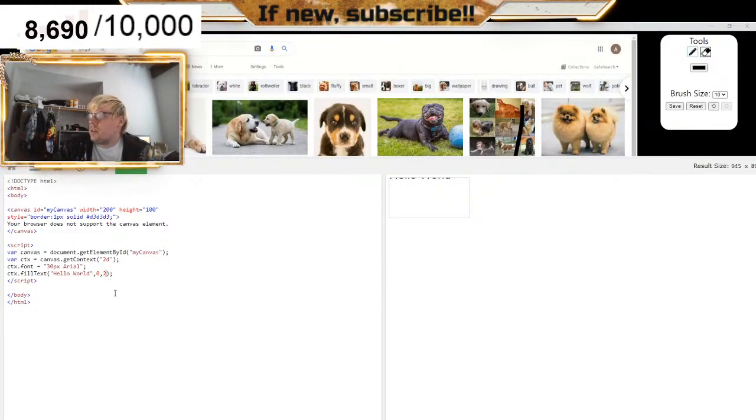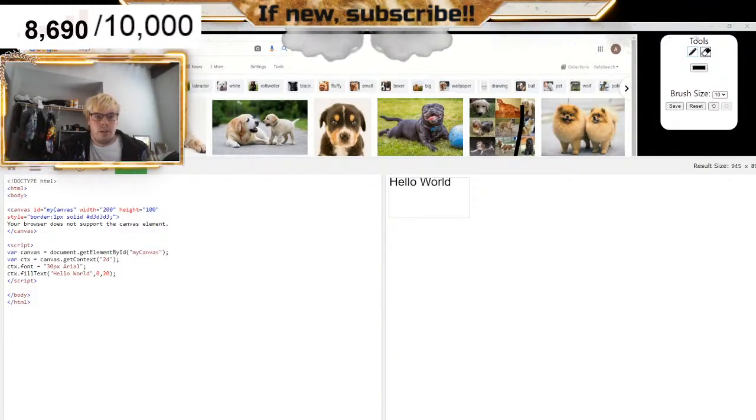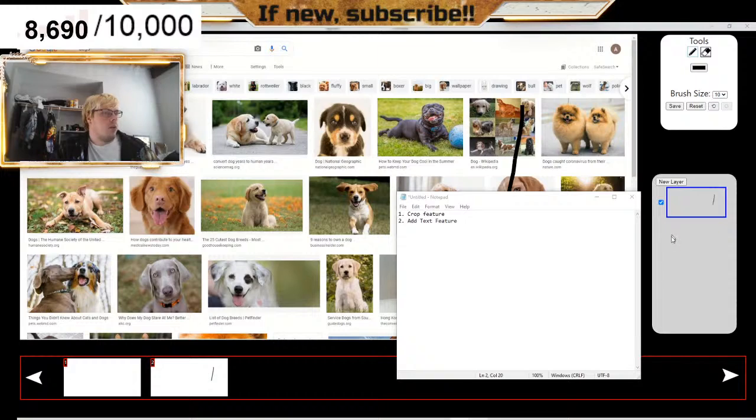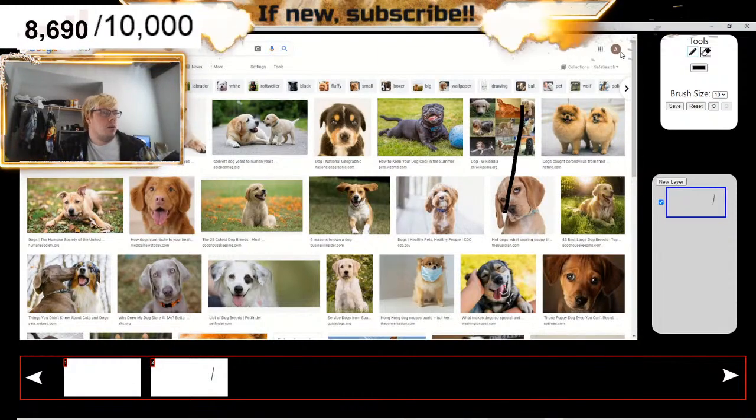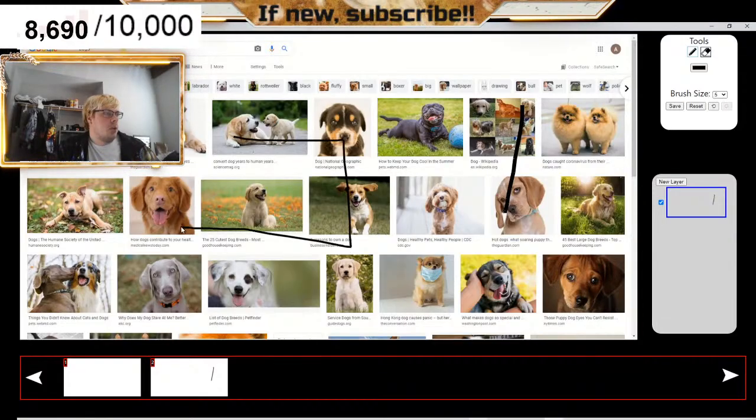Where does it go based off? The bottom corner, it looks like. So this bottom corner here is where it looks like it begins. So when we create an input, let me show you on the other thing here. So on here, let me show you here. When we create an input like this,